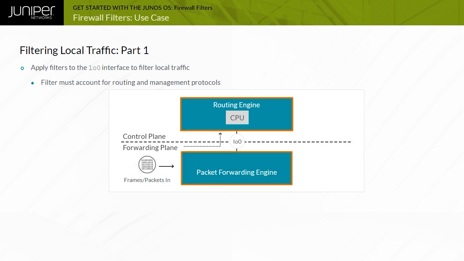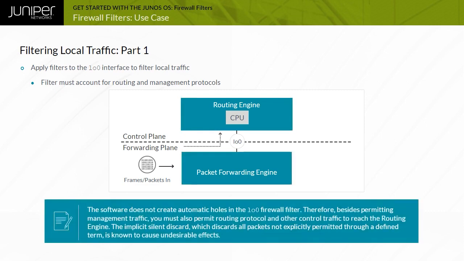The packet forwarding engine applies these filters before traffic ever reaches the control plane. The software does not create automatic holes in the LO0 firewall filter. Therefore, besides permitting management traffic, you must also permit routing protocol and other control traffic to reach the routing engine. The implicit silent discard, which discards all packets not explicitly permitted through a defined term, is known to cause undesirable